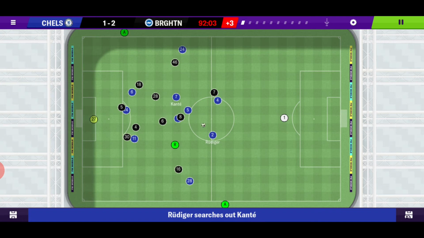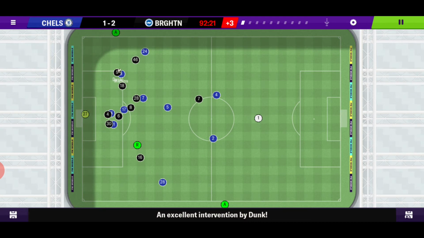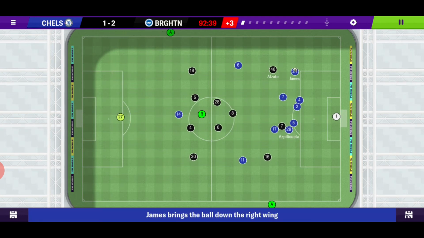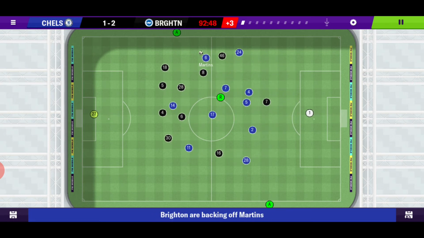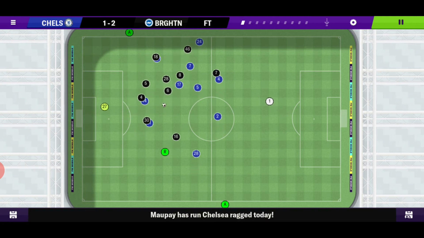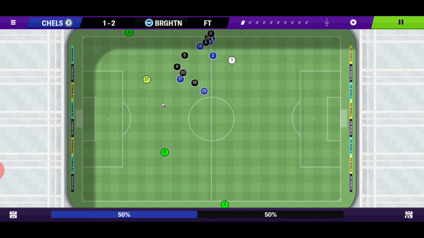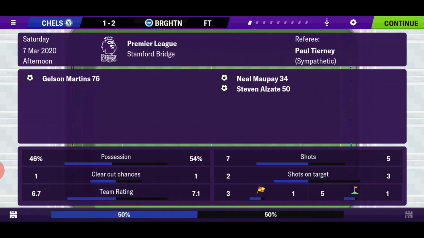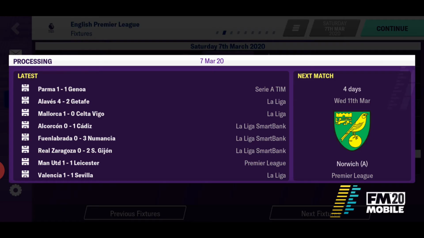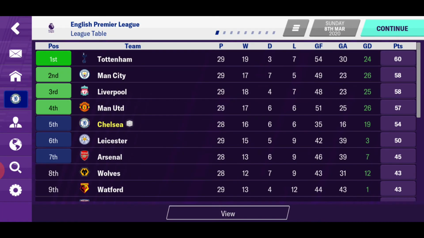Yeah. Rudiger, Kante, Kovacic, Jorginho, Kante, Martins. And it's a good defensive phase. James. Or Martins. I haven't got a lot of time left. Full time, guys. We do lose. Oh, no. Big blow in the title race. Absolutely big blow. That might have just cost us the title race. Unfortunately. Where the hell are even Brighton? Like, what is going on? Brighton are fucking 12th. What the...